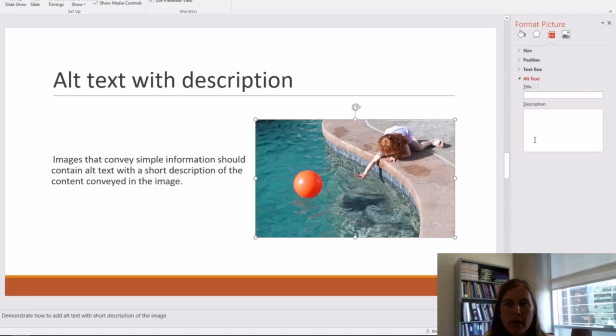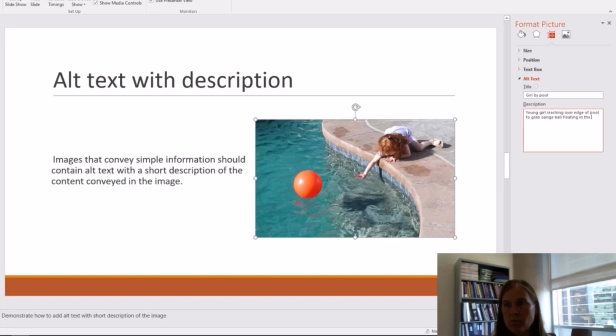If I leave it blank, then that lets the screen readers know that it's a decorative picture only. But this isn't a decorative picture, right? This is conveying information. And so I could put the title here of like Girl by Pool, and then the image description could be something like, a young girl reaching over edge of pool to grab orange ball floating in